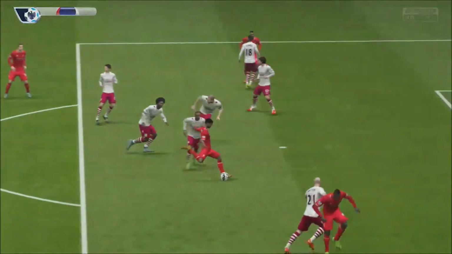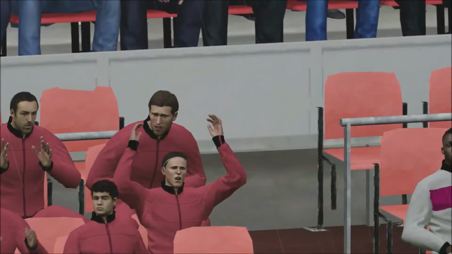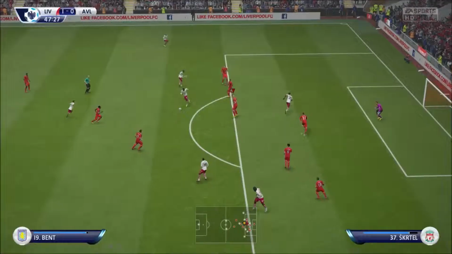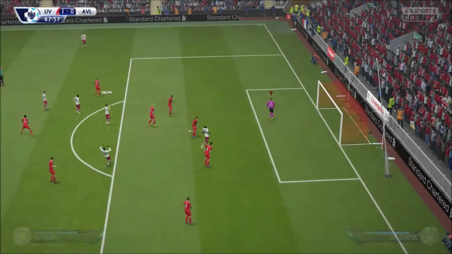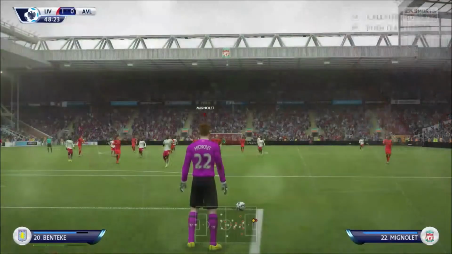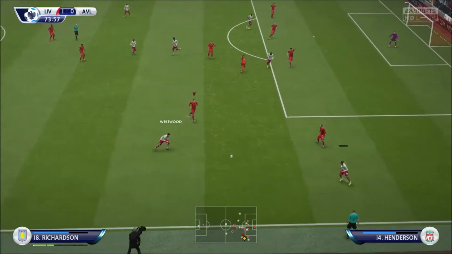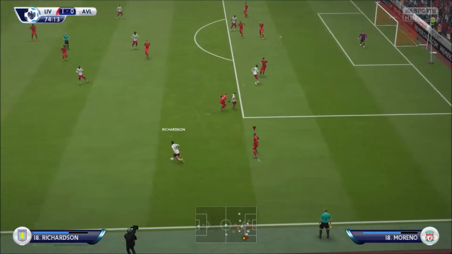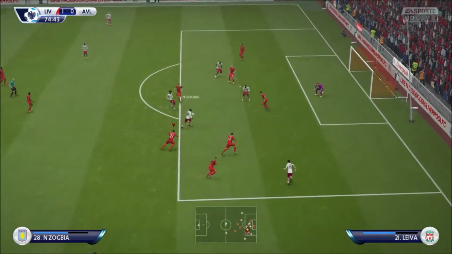That was so close for Raheem Sterling. Great ball. Even the bench can't believe their eyes at what they just saw. Aston Villa right at the edge of the penalty box, but they sky that ball, fortunately for us. But once again, we see Westwood and Bent and Richardson kind of passing amongst one another before